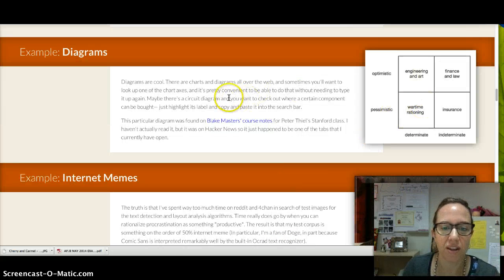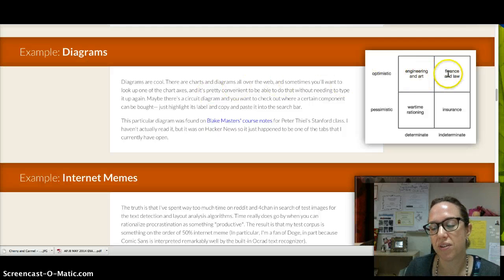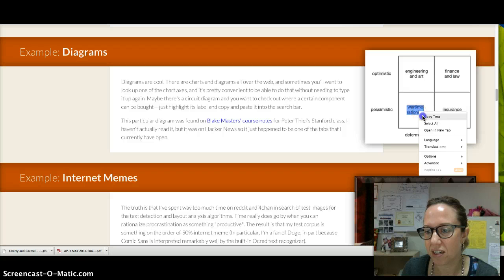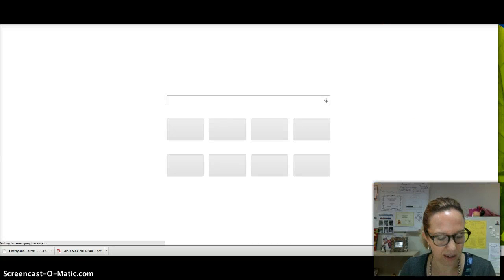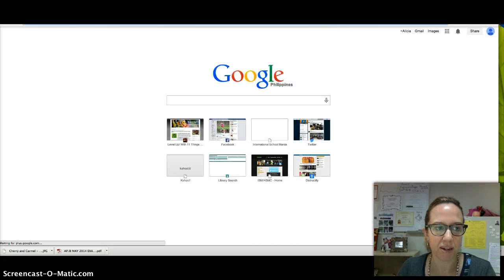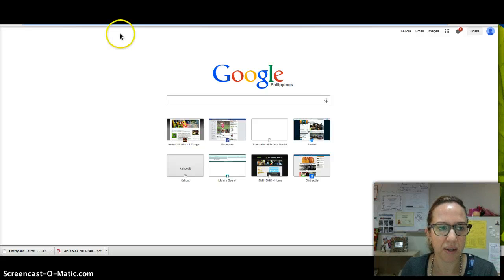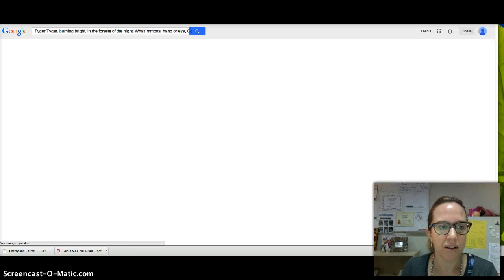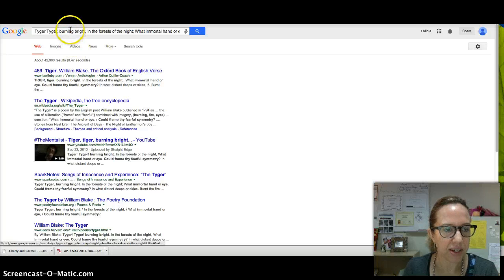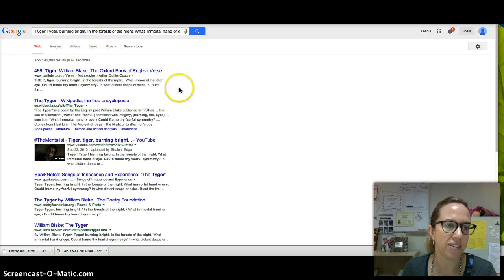And also, so they have an example, let's say you've got a cool diagram, but you really want to look for something like a label in the diagram. Instead of retyping whatever the label is, you just select it, copy, and then you can, whoops, it still has my William Blake poem in there, but anyway, so I copied the William Blake verse, and there it is in Google. So really cool. I highly